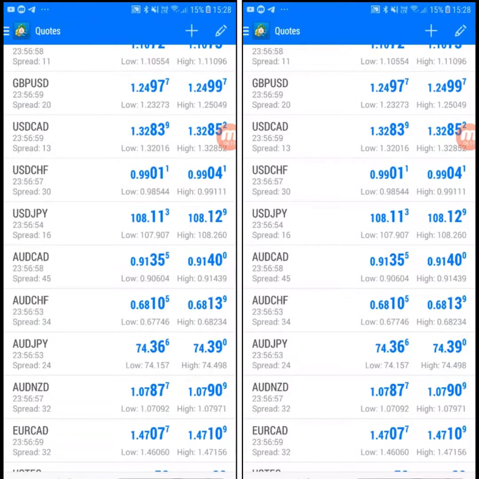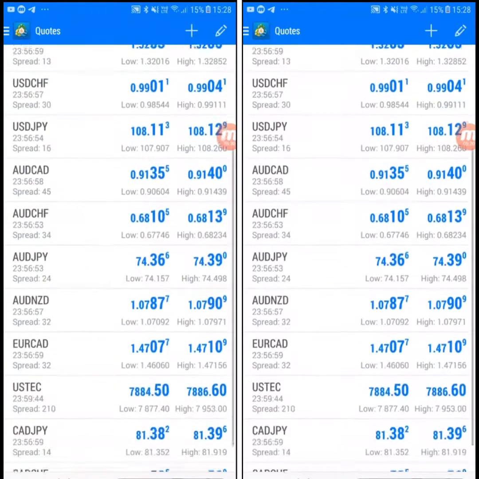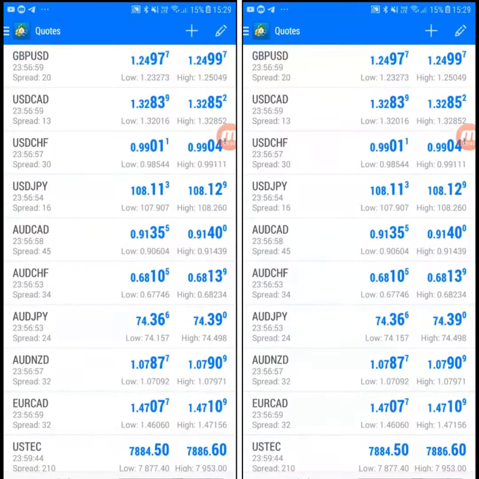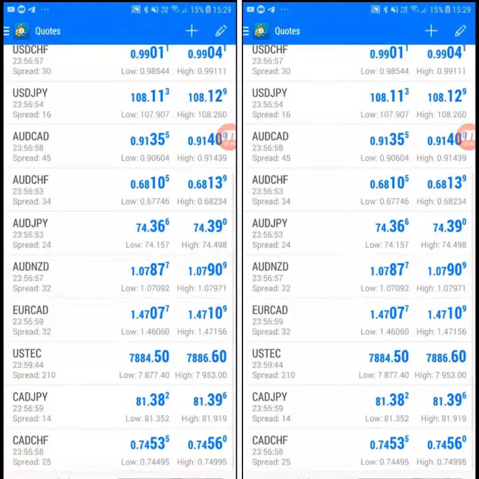Now to maximize profit even more, what is it that you gotta do? When you buy USD CAD, on your stop loss you put a sell stop. Then you come to Euro CAD, you sell Euro CAD, because on USD CAD you put a buy. You buy USD CAD, you put a stop loss, you put a buy stop on it. Then you come to Euro CAD, you sell Euro CAD, you put a stop loss,